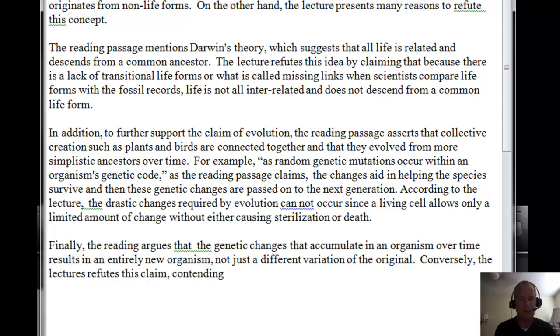So what we're trying to do here too, Rafat, is as we're using these verbs in here, we use these verbs to help introduce either the information from the reading or the information from the lecture. And we want to make sure that we're using a variety of those kinds of verbs. For example, we use the word discusses, or we say presents many reasons, or we say mentions, or we say refutes this idea by claiming. Here I'm using the word contending. I guess we should say